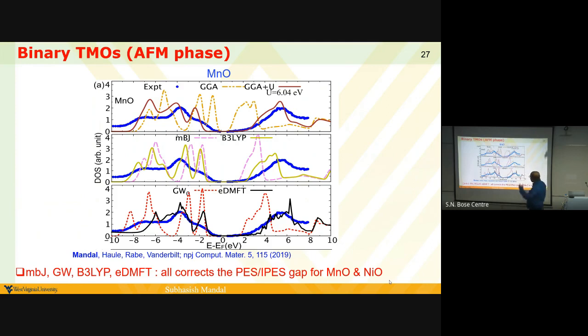If you take manganese oxide and just use GGA, the DFT, then you'll see this blue part is from the experiment, the photoemission and the inverse photoemission. We compare with GGA, it's going to give a small gap. You can fix it with GGA plus U, but you have to be precise about the value of U. If you just do meta-GGA or hybrid, they actually can open up the gap, and they're pretty good actually. For GW also they open up the gap, and the same in DMFT, the comparison is really good.